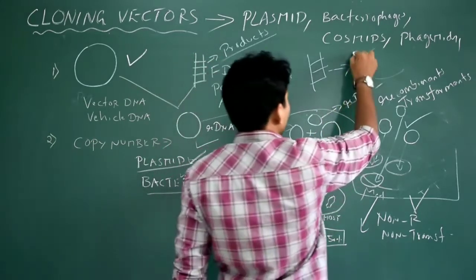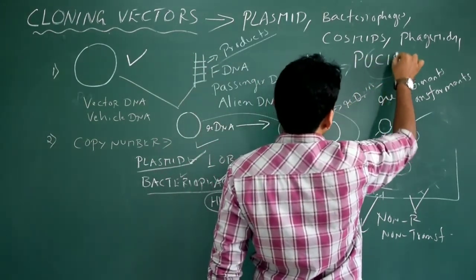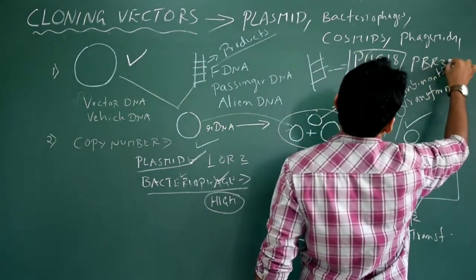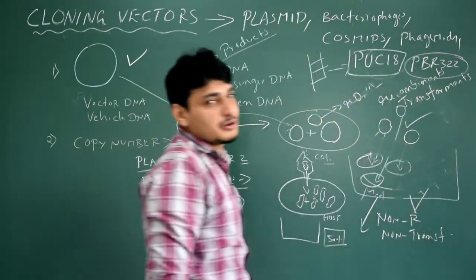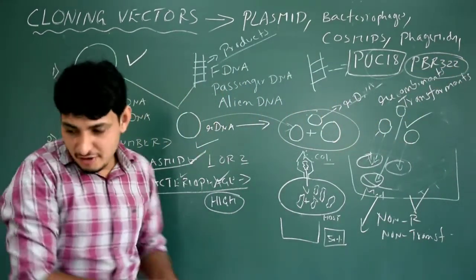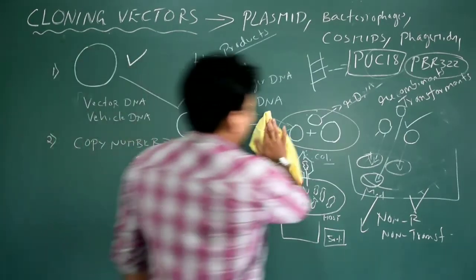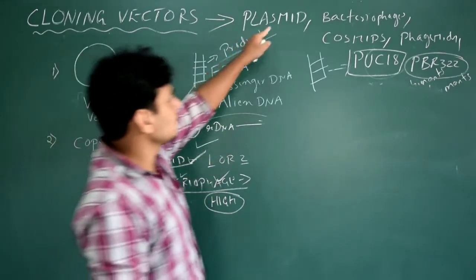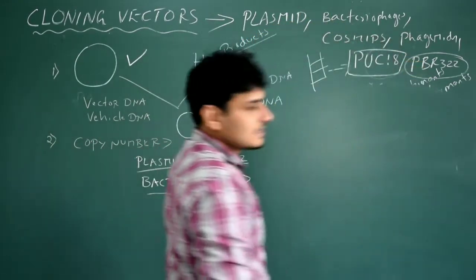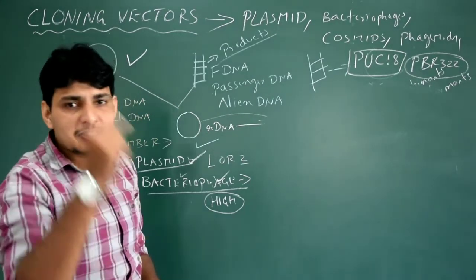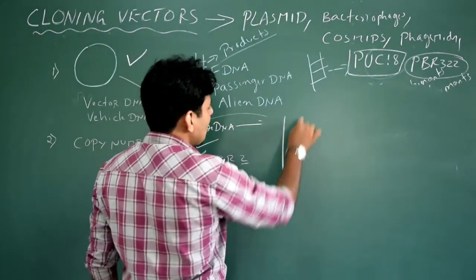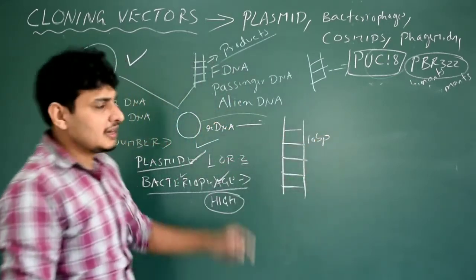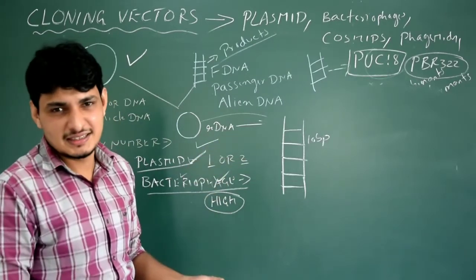So let us write some examples. pUC18 is an artificially constructed cloning vector, and pBR322 is also an artificially constructed cloning vector. Whatever I have mentioned here, 1, 2, 3, 4, 5, 6, total 6 cloning vectors, normally carry a small, tiny fragment of DNA. The foreign DNA contains hardly 10 base pairs. That is nothing but a gene. That means they used to carry a small gene.